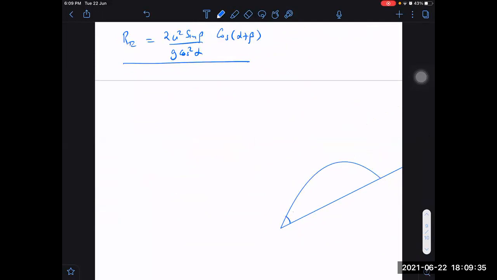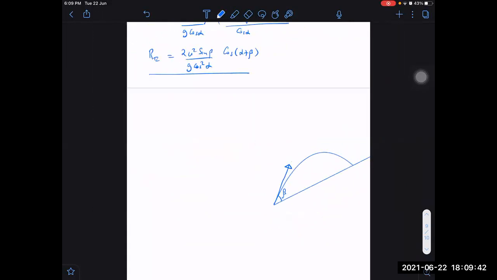This angle of throw, the angle of projection, is beta. Can you tell me what we call the other angle? I want to name the angle at which it strikes. What should we call it? With what angle will it strike? Let us say it is delta. So can you determine the delta value?